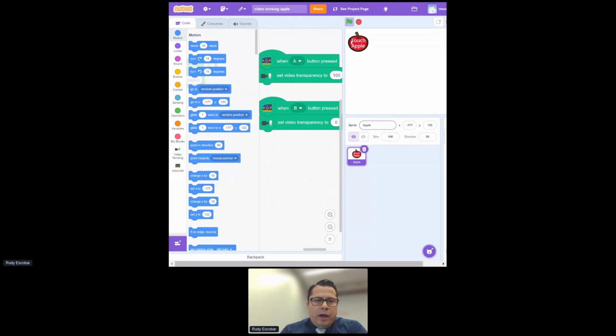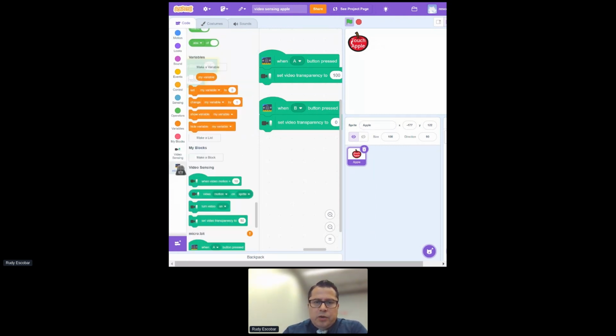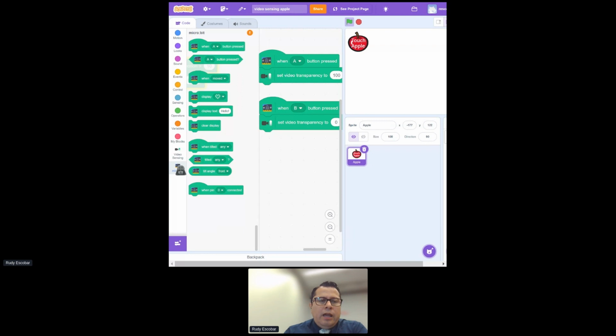And one of the things you have to make sure of is that when you are connecting your microbit, if it is not connected and you don't have everything set up correctly, you'll see a little exclamation mark here on the top, as you see here. That exclamation point says that it's not connected. So I'm going to try to connect mine. Hopefully it'll work right now. But when you connect your microbit, in a minute,